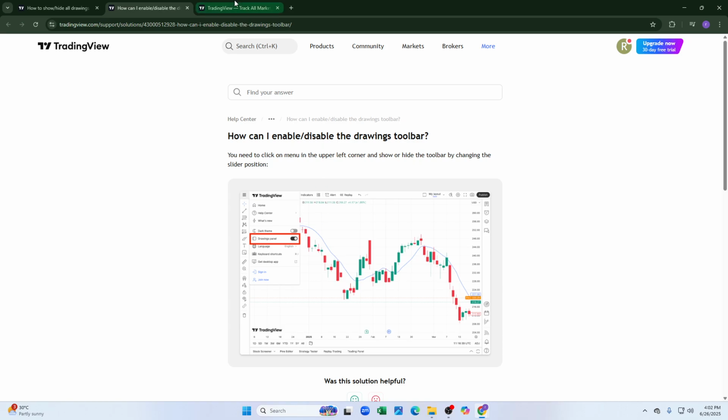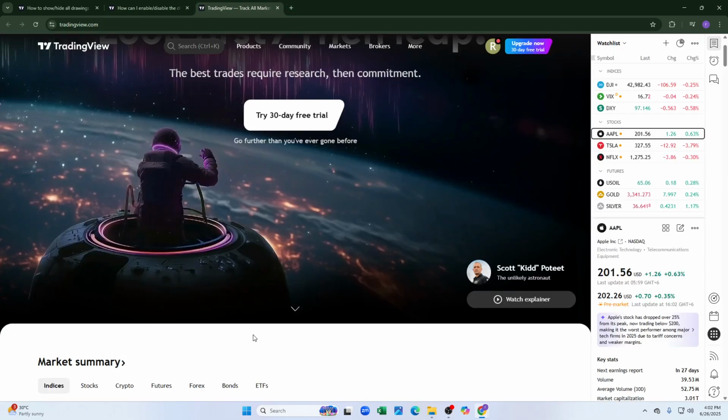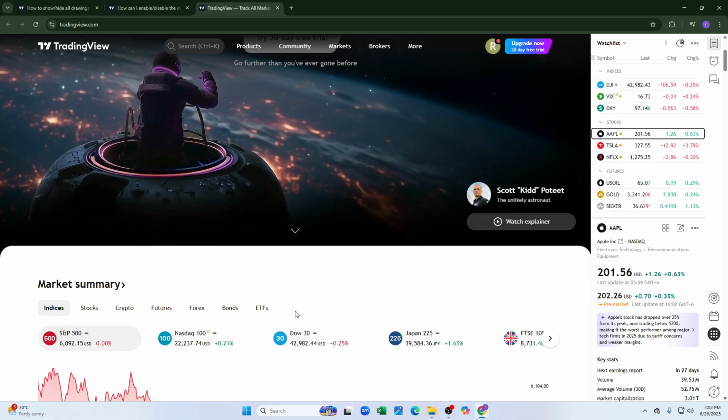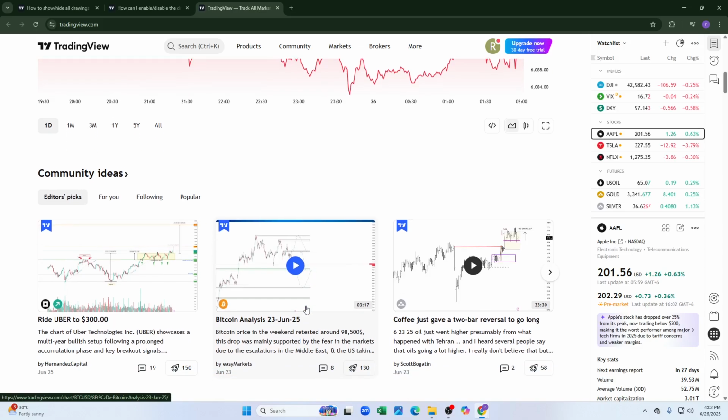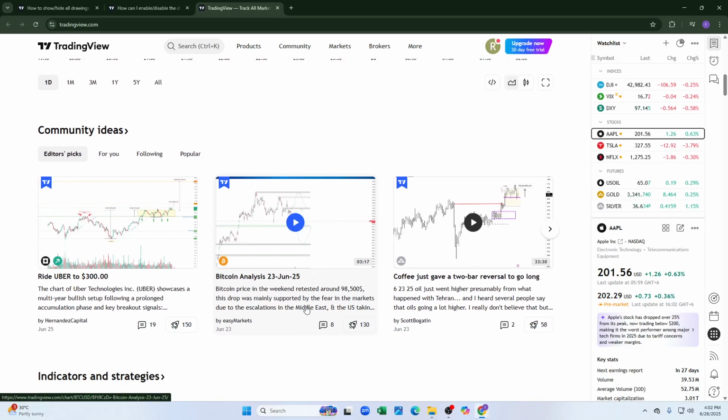And if you want to hide individual drawings, you have to open the object tree, usually located on the right toolbar, locate the specific drawings you want to hide, select the drawing, and then click the eye icon or similar to hide it. And for unhiding drawings, you have to